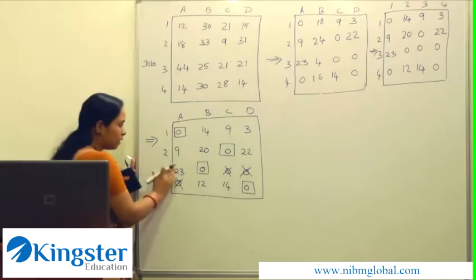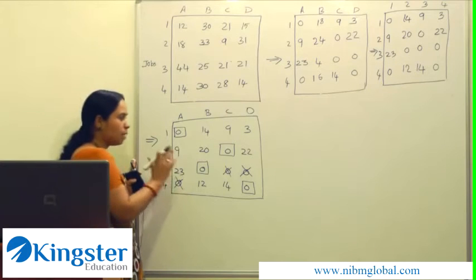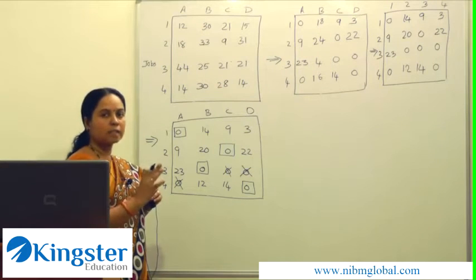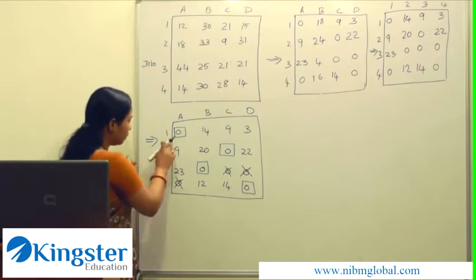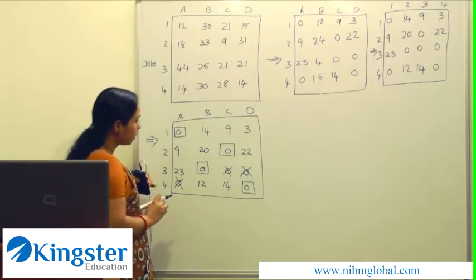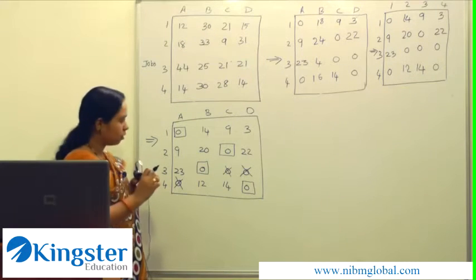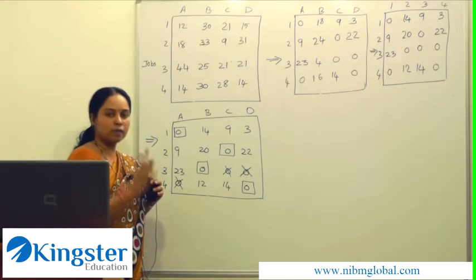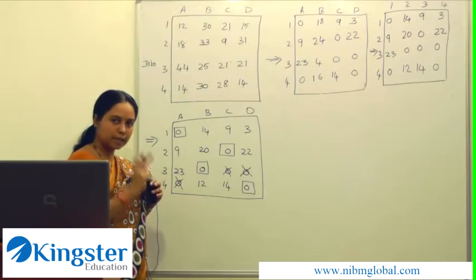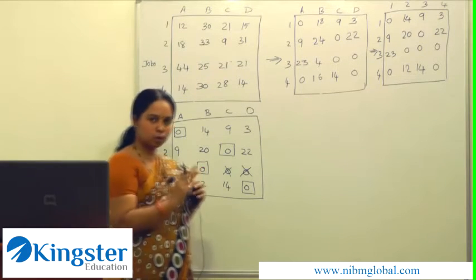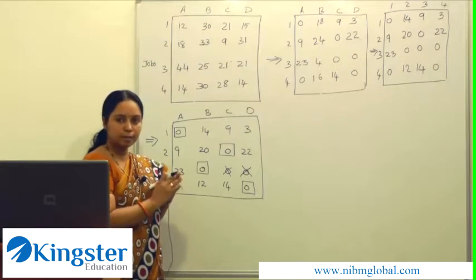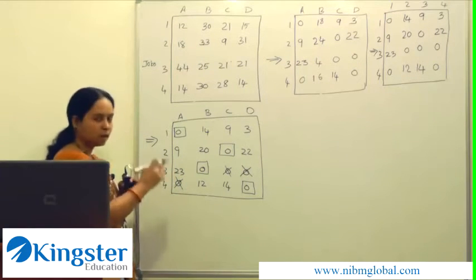Now check the matrix once again for unmarked zeros. All the zeros must be either crossed out or an assignment should be made. So we have no zeros left in the given matrix. Now check whether every row and every column contains a single assignment. There should be a single assignment in each row and each column. Then only we can say that a maximum assignment has been made. That is the final step in the assignment problem.